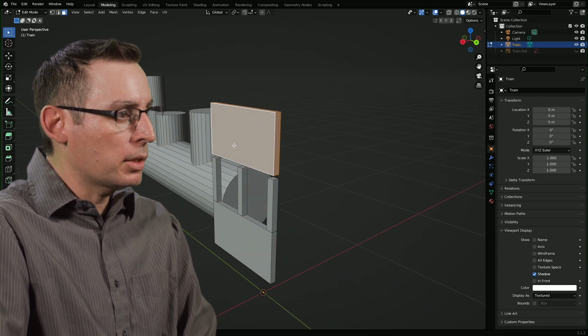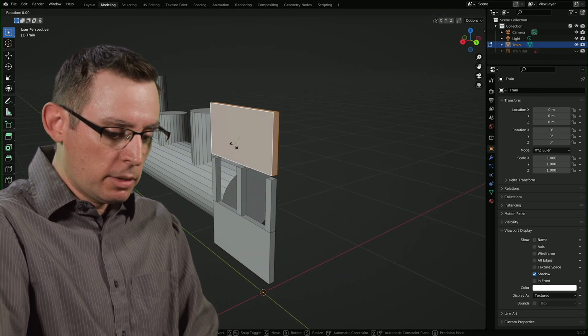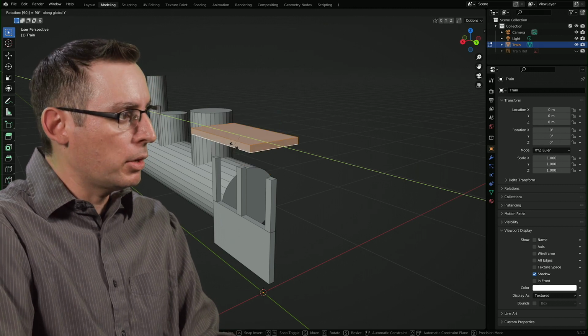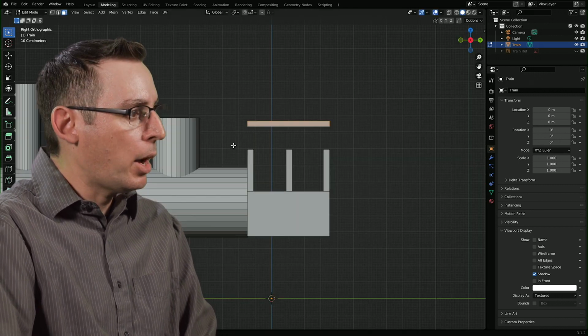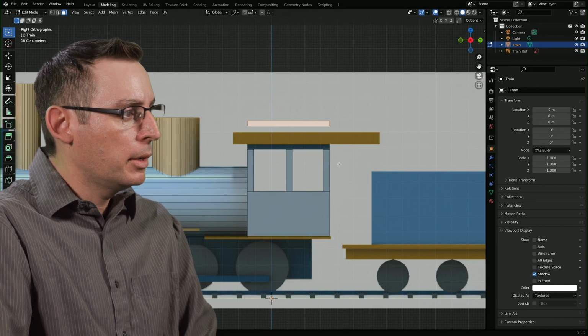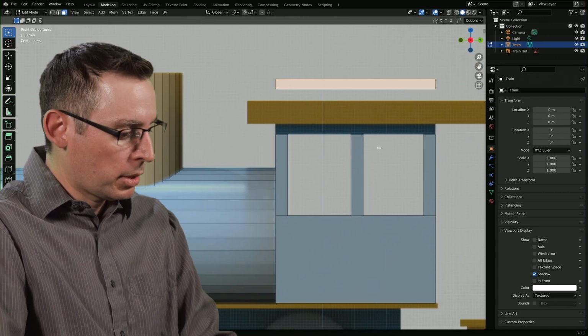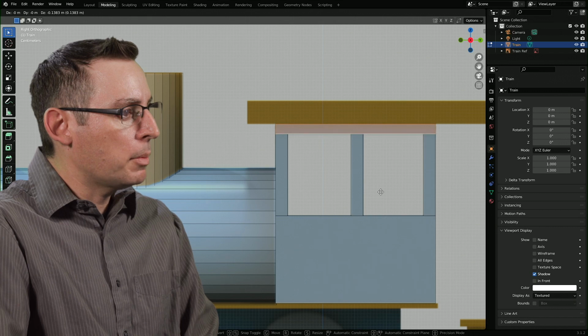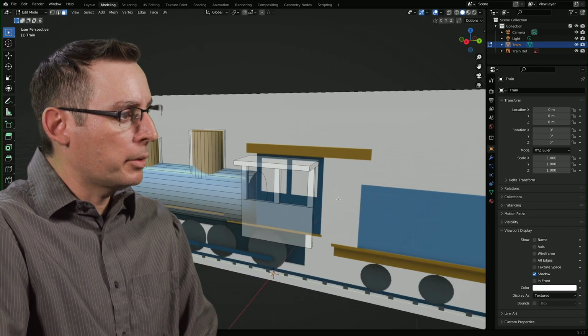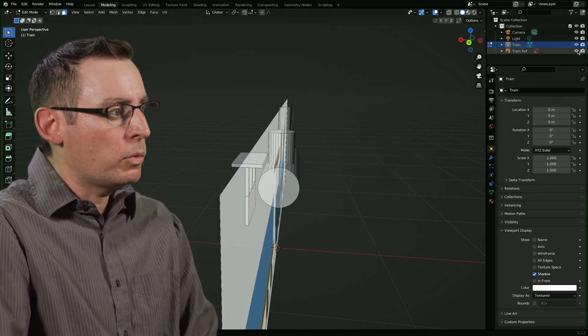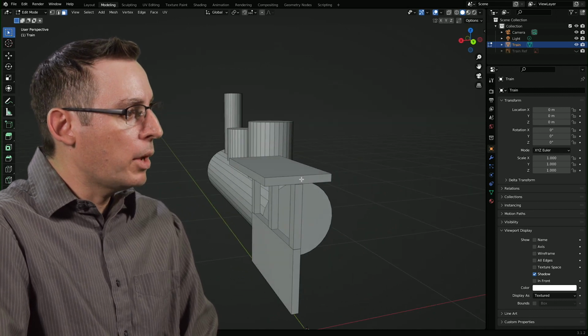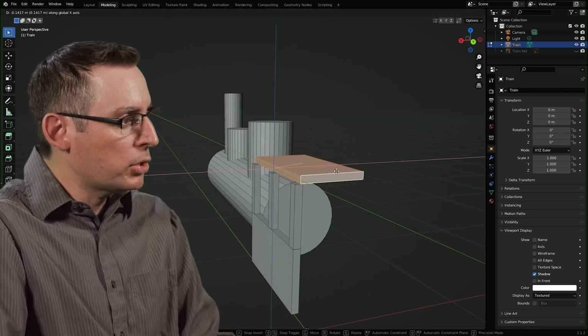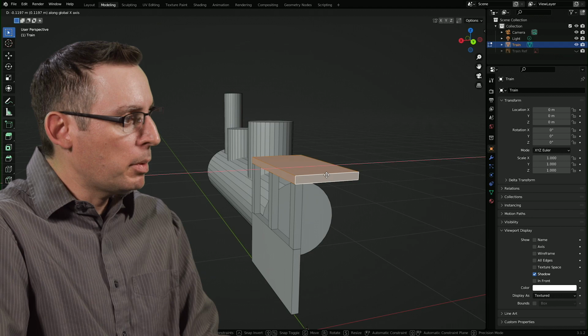So let's rotate this along the Y-axis, 90 degrees, voila. And now if we return to the side here and start getting this into place, we can start really quickly establishing the basic building blocks of our model. Okay, voila. I'm not going to go through every single sequential step here, but you can start to see how all this is going to be put together.